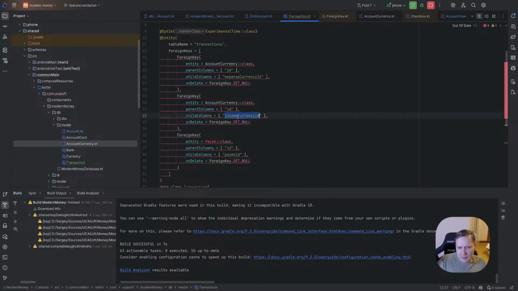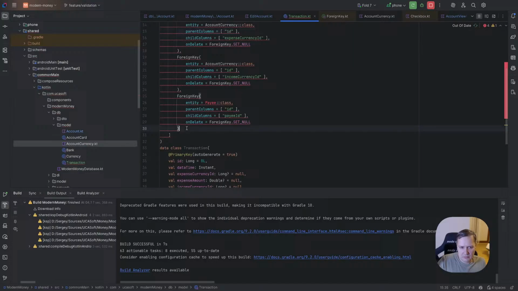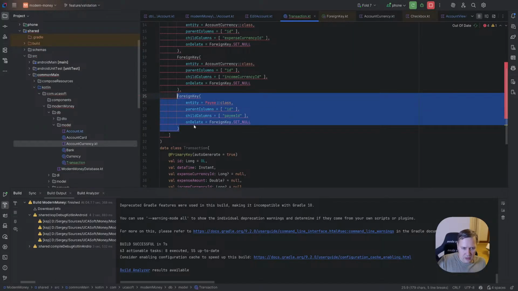I just think about maybe we can use here child columns expense ID and income currency ID, but maybe it will not work. So I guess it works only when we inject two columns inside two child columns. So if we have ID and something else and inject it here, it's strange. Okay, so